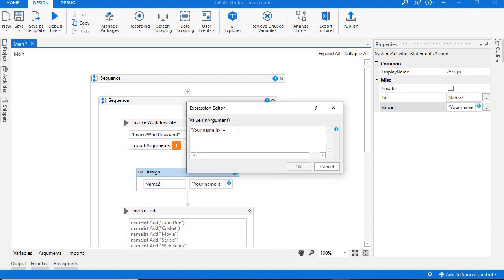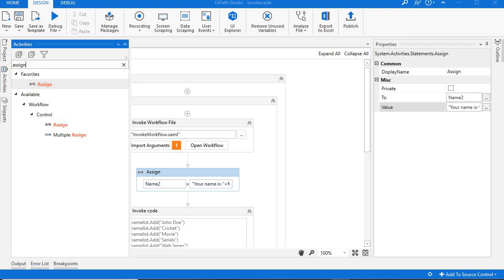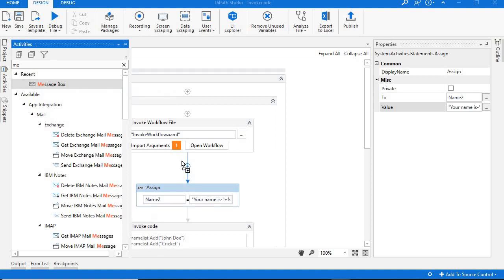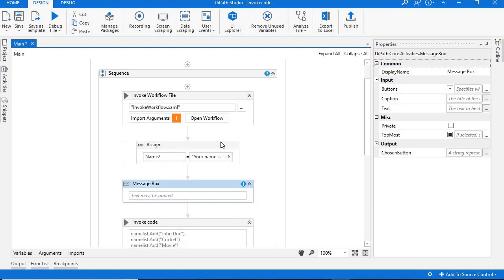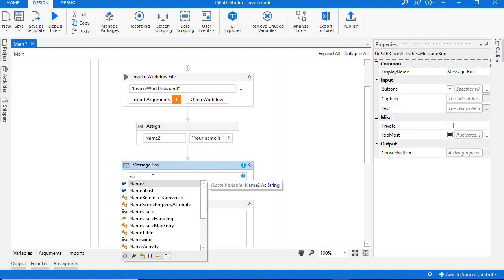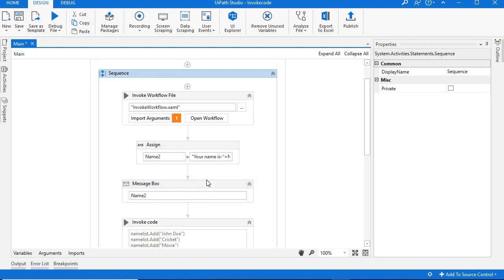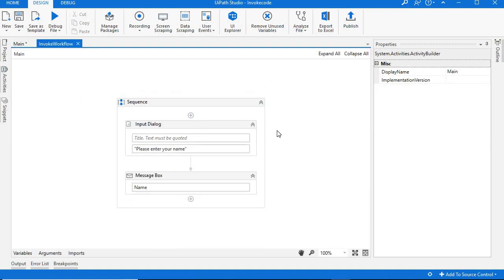Your name is with this variable, and print this variable in a message box. From here also, open workflow, you can directly open your second workflow, which is this.